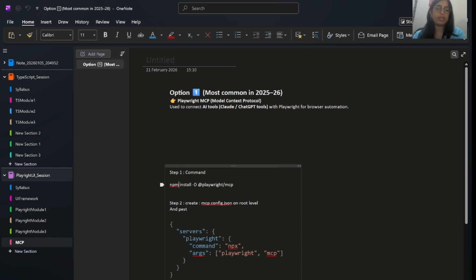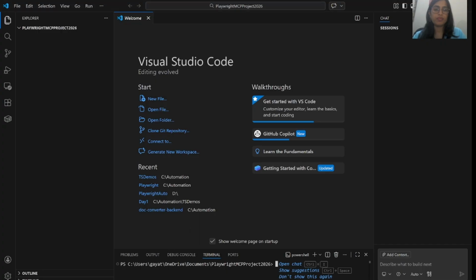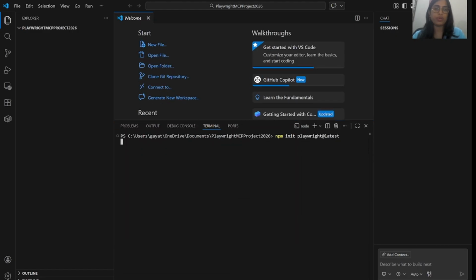To install Playwright, you need the Node platform. So just download that, then you can use the Node package manager, npm. With that you can install your Playwright. So let me copy this, paste it here, and let's wait. It is going to download.